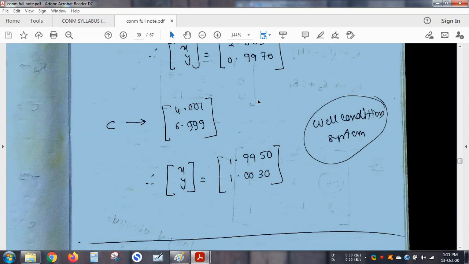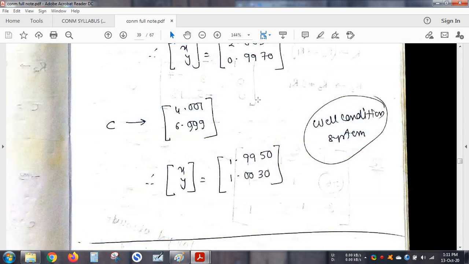Now what is the significance of this? The significance is, suppose we have taken a real life practical system and you find out the equations for the system, and after that you have calculated it. Calculation is done, everything is done, you leave it. After that your temperature changes, the environment at which you took the readings, suddenly the temperature changes by a very small value. Now if it is ill condition, your result will change drastically. And if it is a well condition system, then it will remain more or less within limits.